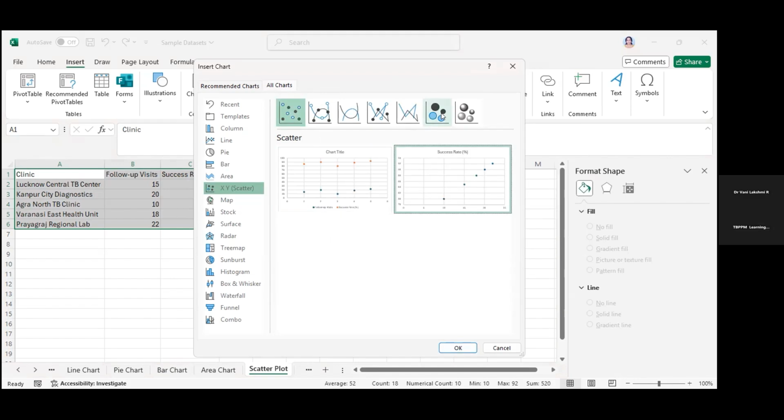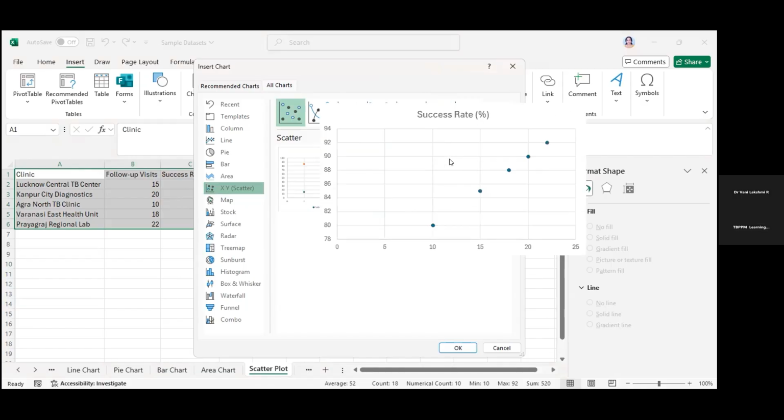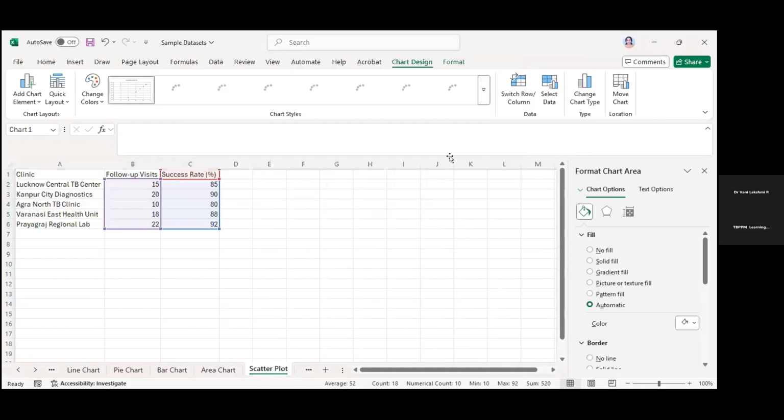If you have one more variable, we could have chosen the bubble chart. We cannot do it because we don't have a third variable. If you have a third variable, you can choose bubble chart. Again, don't go 3D, please. So I'm choosing a very simple chart,